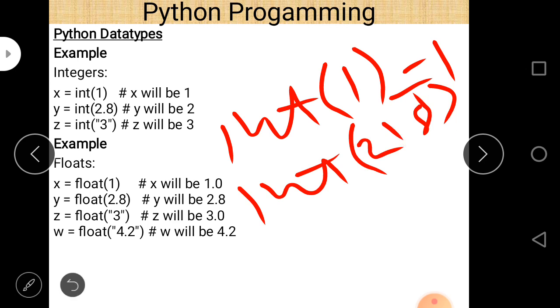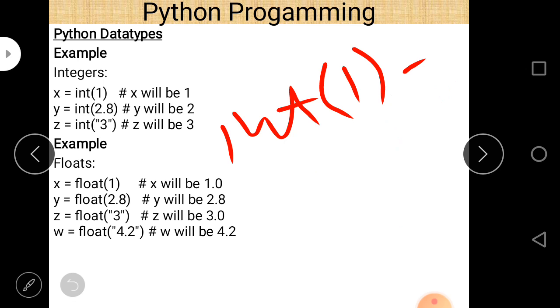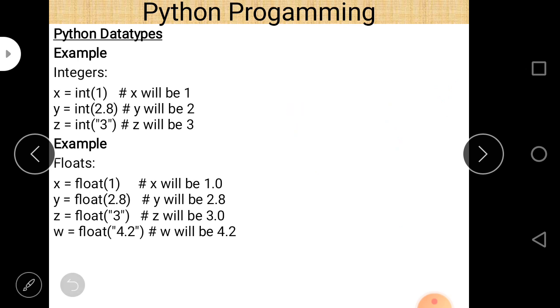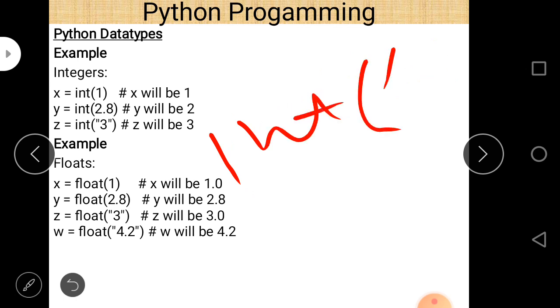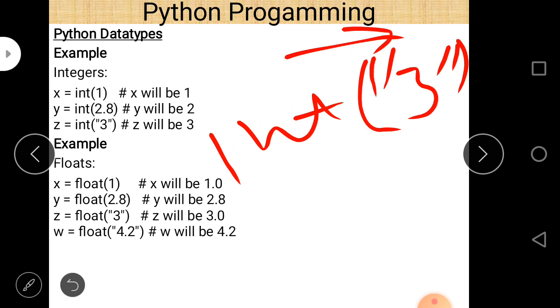And third is int 3. Here 3 is given within double quotes, so it will be a string. We know that it is a number, but within double quote marks it is considered a string. But when we use the int function, it is converted from a string into a number.